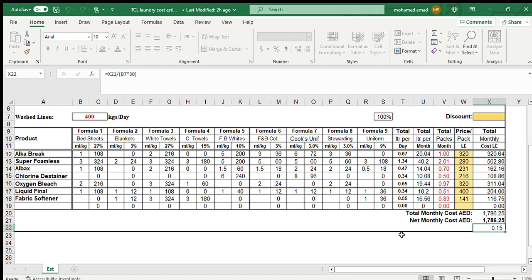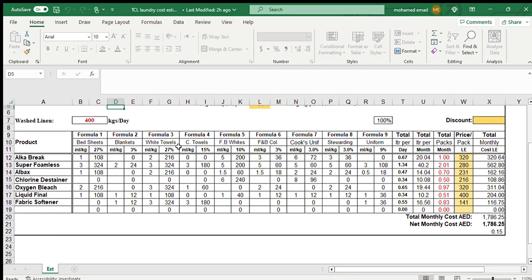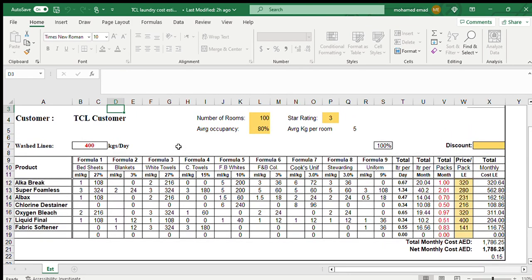What will alter the cost per kg are the percentages of items that you are washing. Like here, you are washing bed sheets, you are washing blankets. So each item has its own percentage. So let's see how we can fill the sheet and where we are supposed to fill it so that we can get